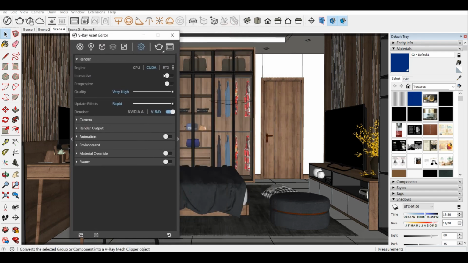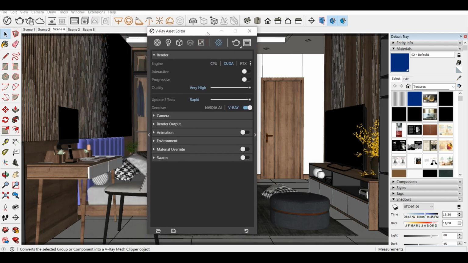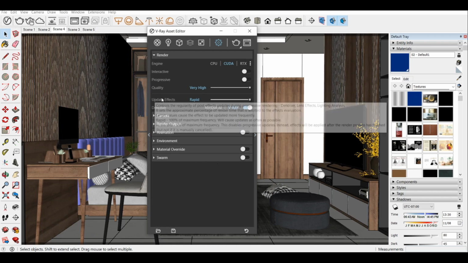Shall I tell you some of the things which I have rendered before, in these lectures? Right now these are our render settings. It totally depends on you what type of render engine you want to choose, CPU or CUDA, which is the GPU, and RTX with the NVIDIA render. The interactive render I have shown you earlier in the getting started videos. Whenever you plug it in, it will instantly render the image out there. And update effects are